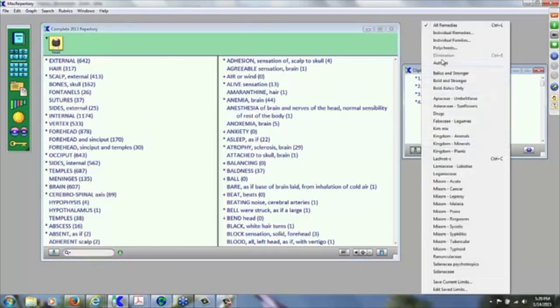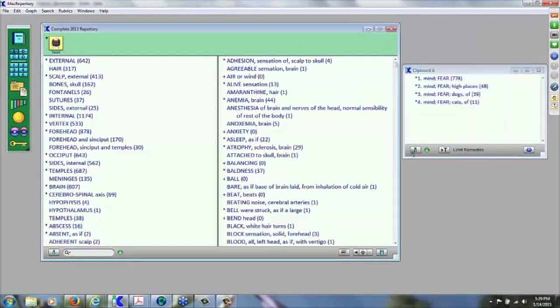If I click on the remedy thing over here, you'll see the same menu item over here. So again, this limiting to remedies is essentially the same in all the different windows. Let's go ahead and open up the analysis window now, and I'll show you how to use this. So I'm going to type in Control 5,